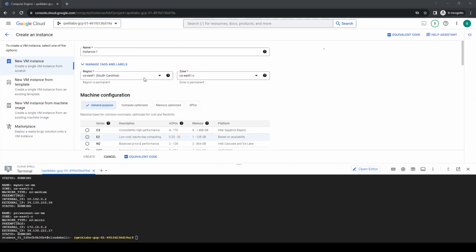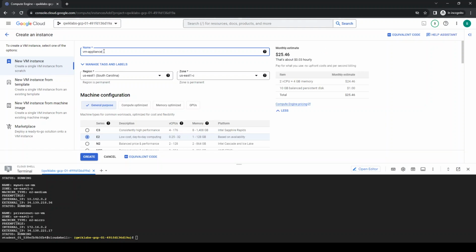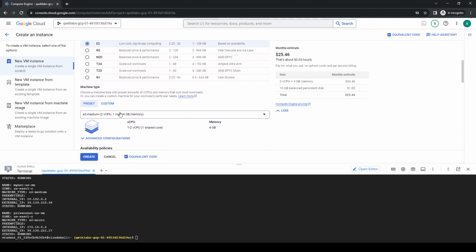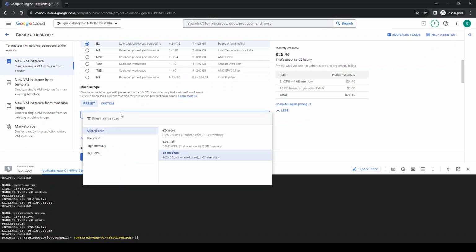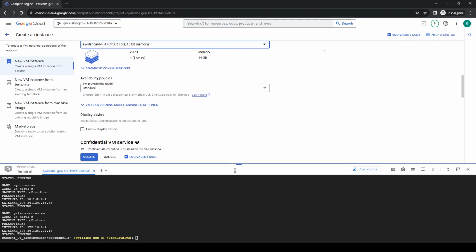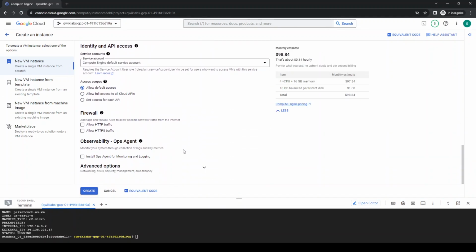Let's give it a name. All right, I'm gonna leave it west east 1 3. For a series, I'm gonna leave E2. Machine type: E2 standard 4. For advanced,